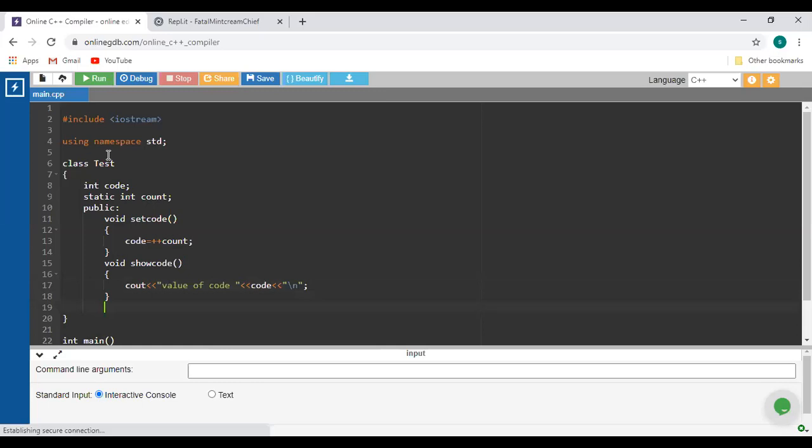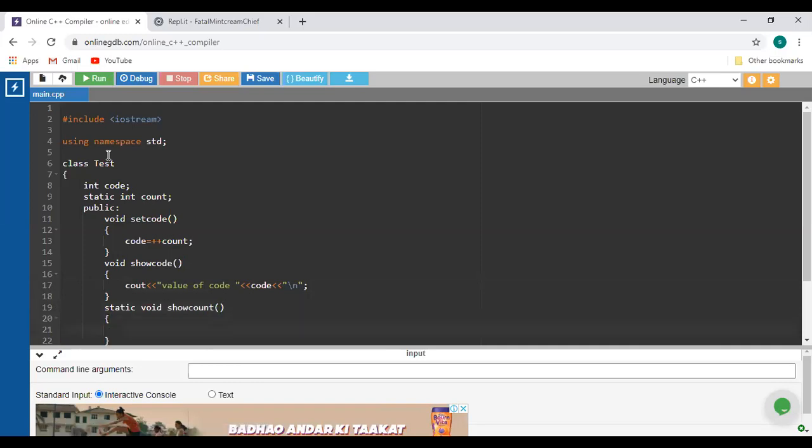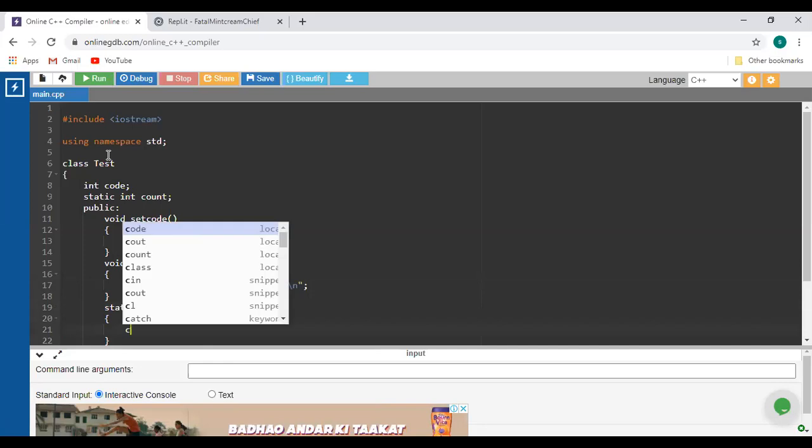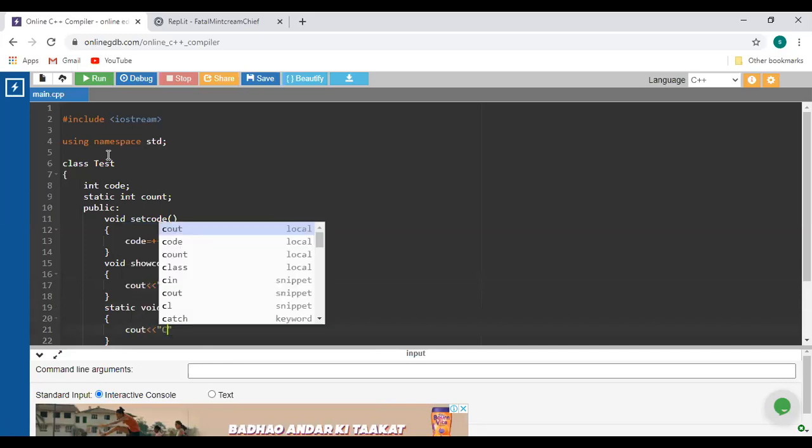Sorry, static function. How to write the static function? This is the way: use the static keyword before the data type. Next, static void, and use the name for that function. Here we have considered it as show count, and inside that we are going to display the value of count.